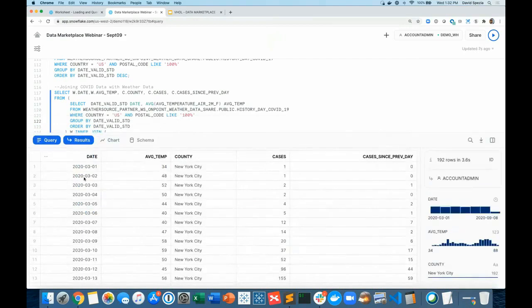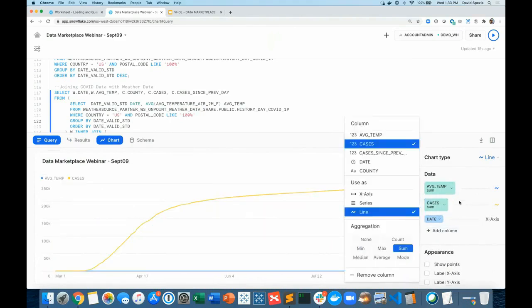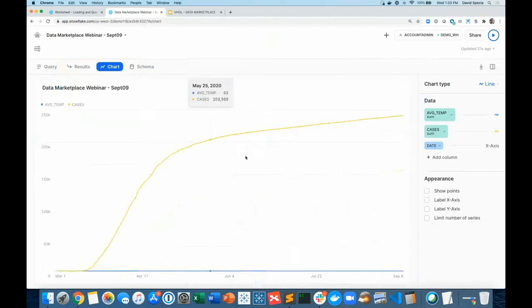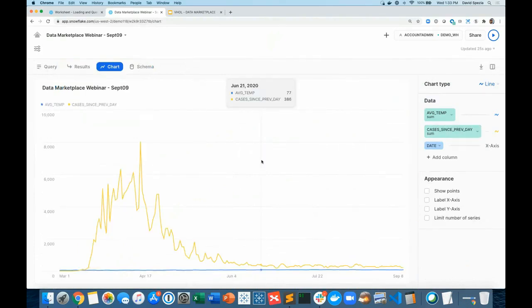So I got cases and weather, and I could come into the chart here and I can see the average temperature over time. And I can even add a column in here, such as the cases. And now I can see the sum of cases, but instead I want to look at the cases since previous day. So now I can see some of the volatility of the cases and some of the volatility of the